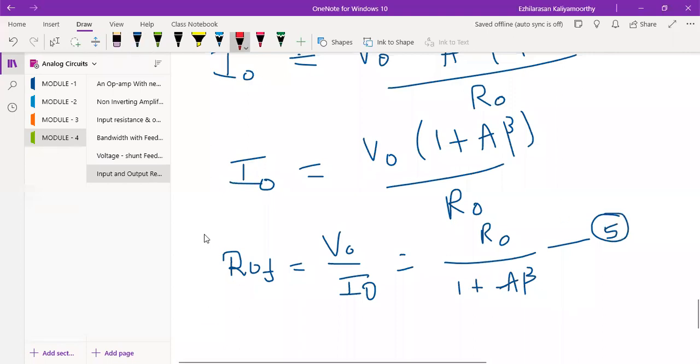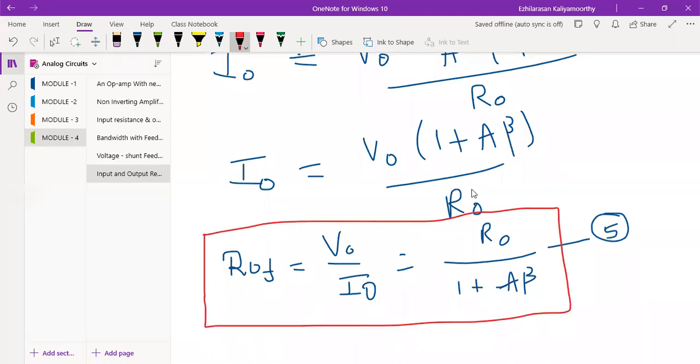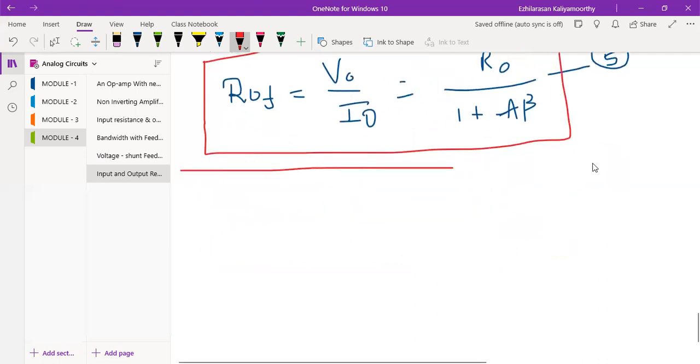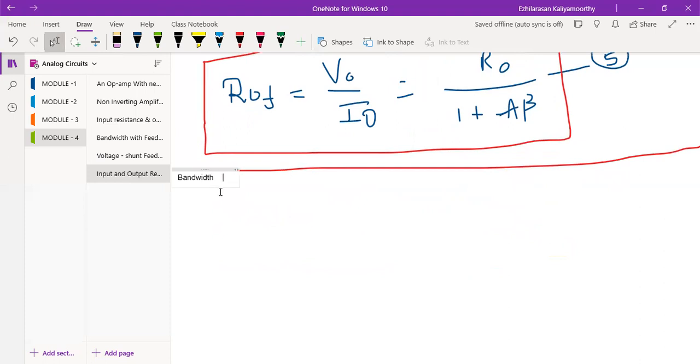Now this will be the output resistance. We can see the output resistance we got is R naught by 1 plus A beta, where R naught is nothing but the output resistance of the operational amplifier, A is nothing but the open loop voltage gain of the op-amp, and beta is nothing but the gain of the feedback circuit. So now from this we got it. Okay. So now what we will do? Let us calculate the next term, that is bandwidth with the